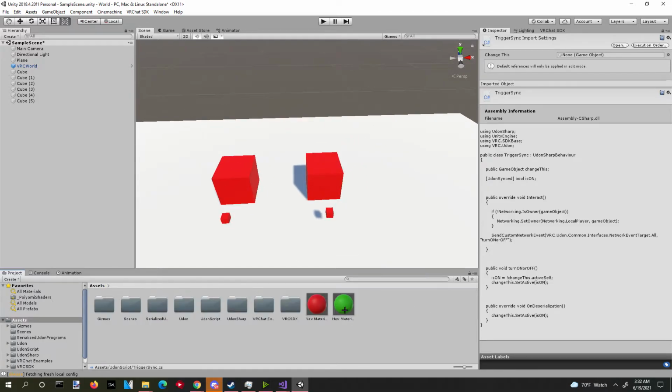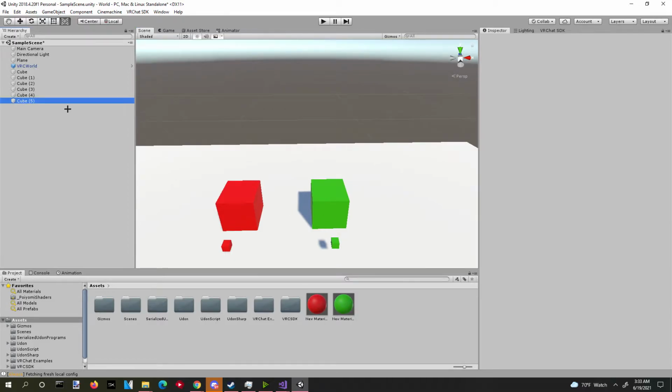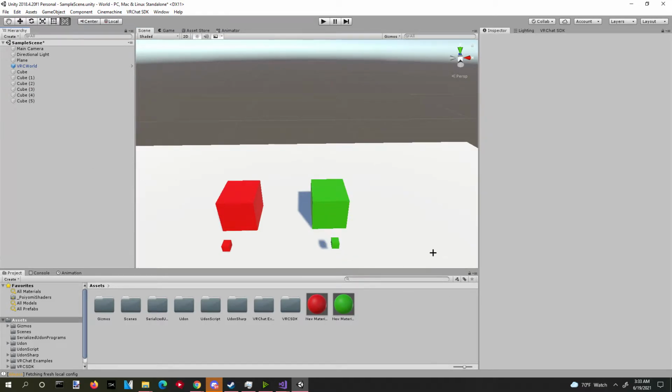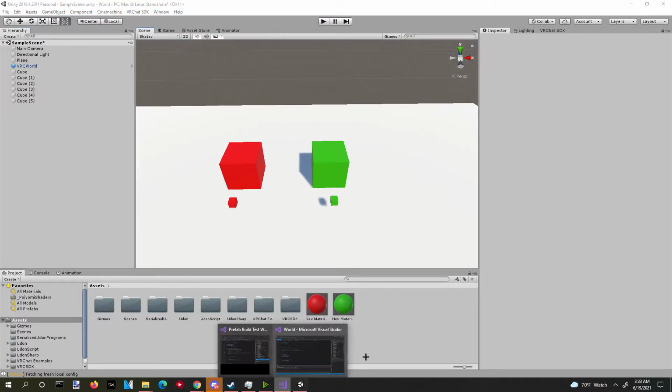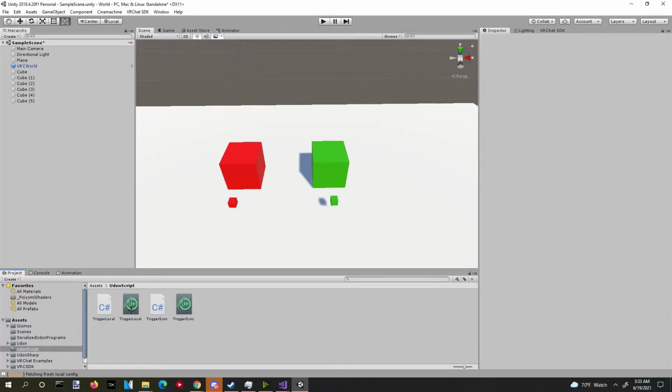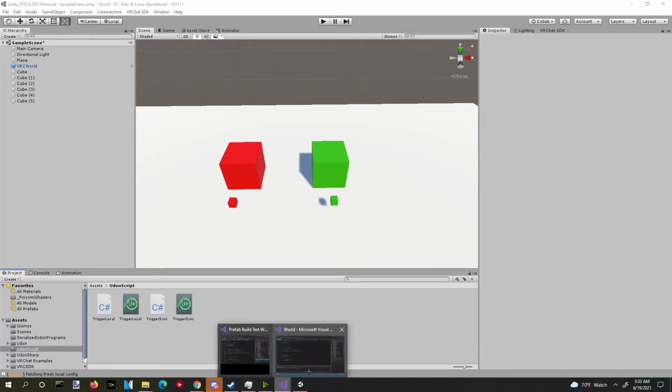Okay, again, color differentiation. We'll do that. Okay, so now that you've already created the script, which is trigger local,